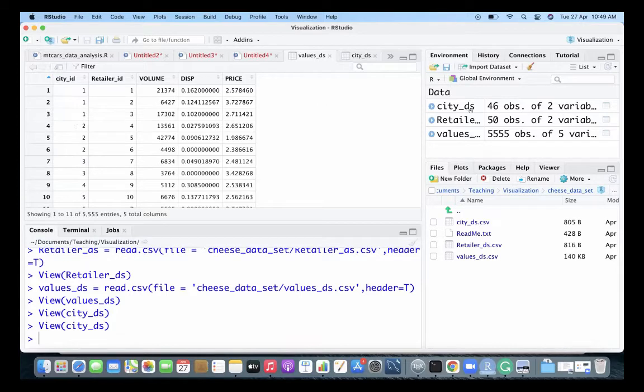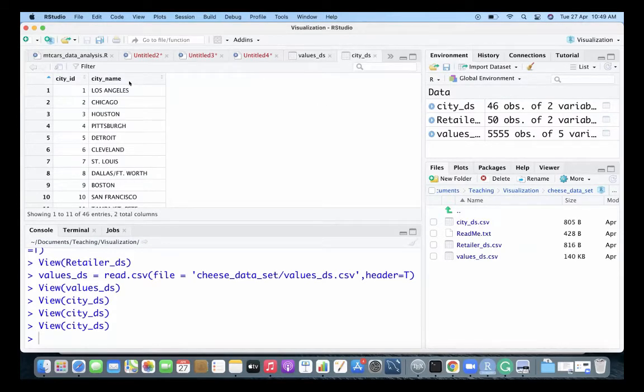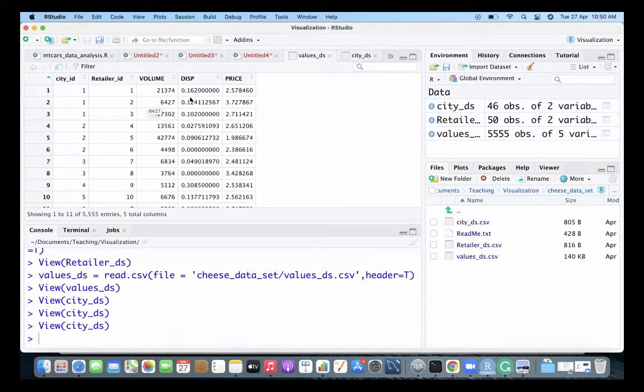Because you see, Los Angeles is a string, right? So at least 11 spaces are getting bogged down. Now everywhere that big string is getting repeated, I'm repeating the same thing. So what will happen if you take the entire thing, then this main file value underscore ds will be a very large file.